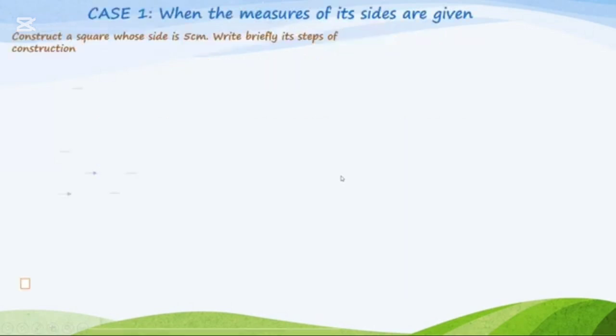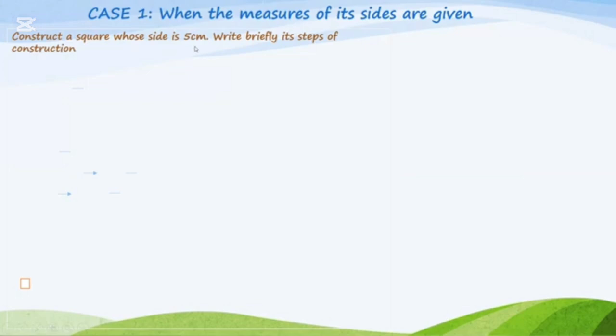Okay, so case number 1 is when the measure of its side is given. Now construct a square whose side is 5 centimeter. Write briefly its steps of construction. Now, only one side is given. In this question only one side is given, so how can we draw the square? How can we construct the square? Obviously,